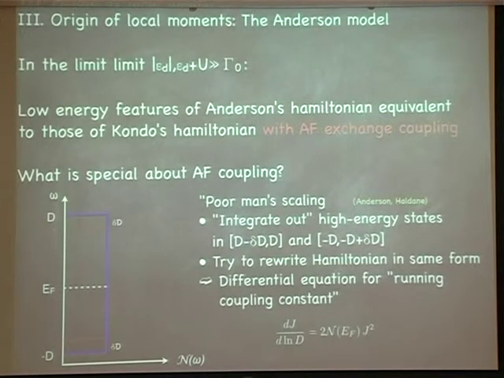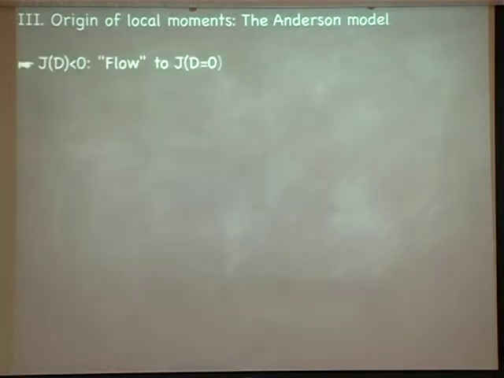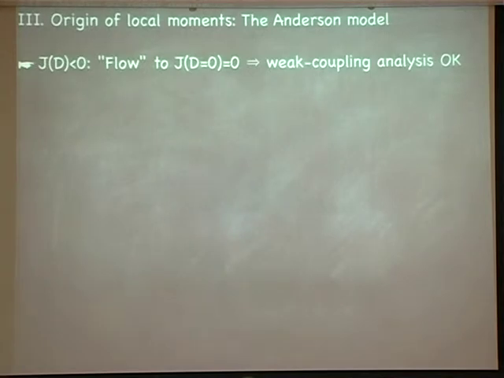And now you can try to understand what the solution of this equation is. And there are actually two cases. Namely, if you start out with an initially ferromagnetic interaction, that is J, where the band cutoff is still at D, is less than 0, then you can see the flow, because J starts at a negative value, the right-hand side is positive, so it increases and becomes smaller and smaller in magnitude. And at some point, the fixed point will be J of D equals 0.